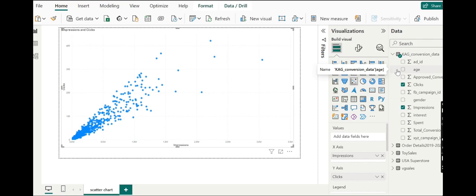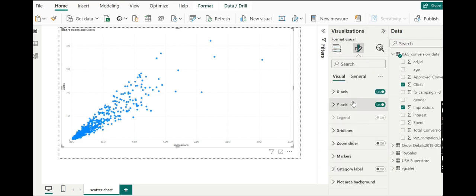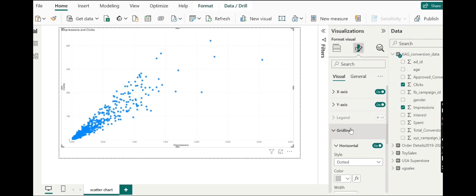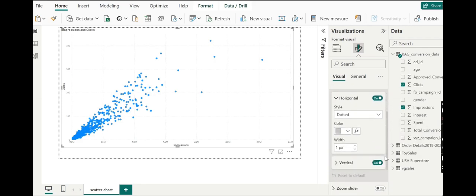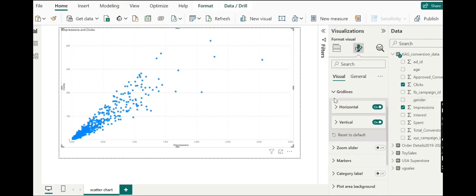And this is how we plot the scatter plot. Now we can have some other changes here. What we will do, we can go to the format pane, and if you want any change in here, like width is 1 point, if you want to increase it up to 4, you can see here. So any other kind of representation, even if you want to open zoom slider,